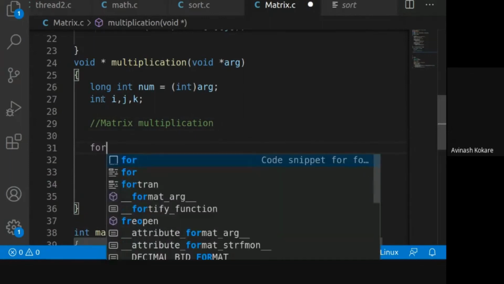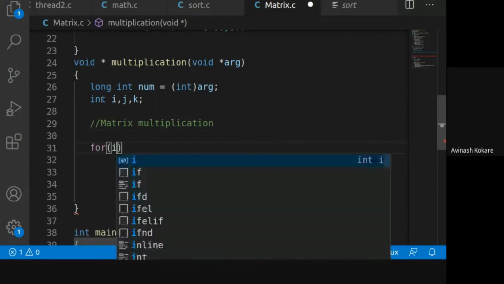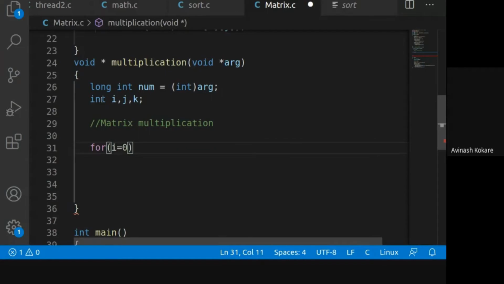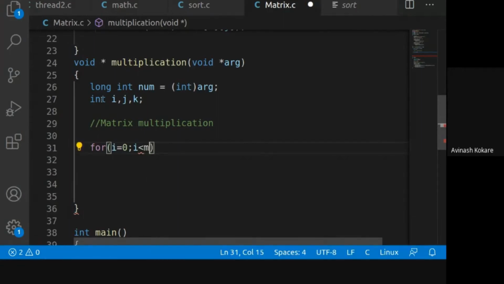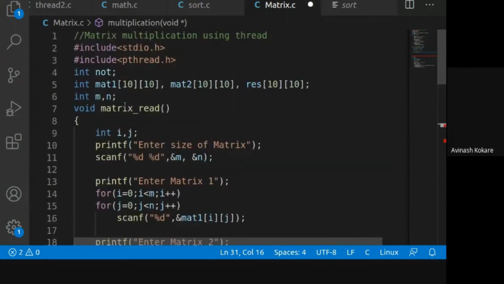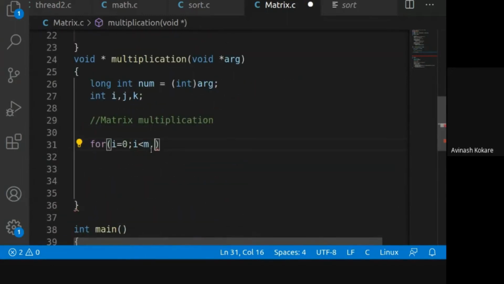So first, a for loop: for i equals 0, i less than m. M we have declared as a global variable, so there is no problem in accessing that variable in the thread function.